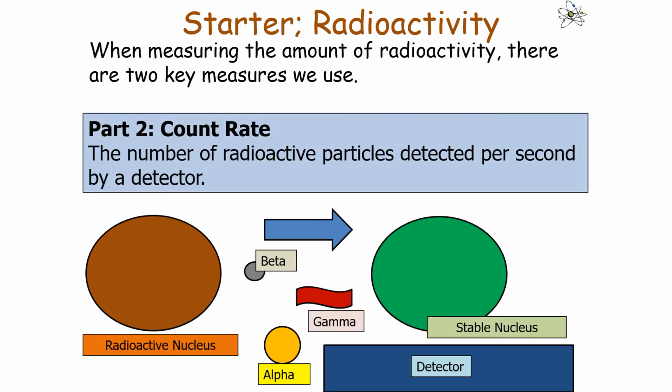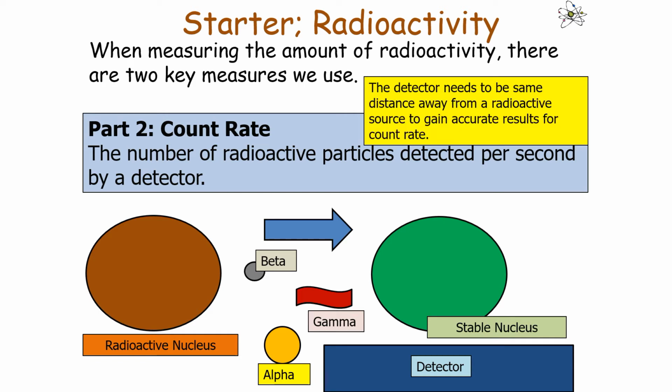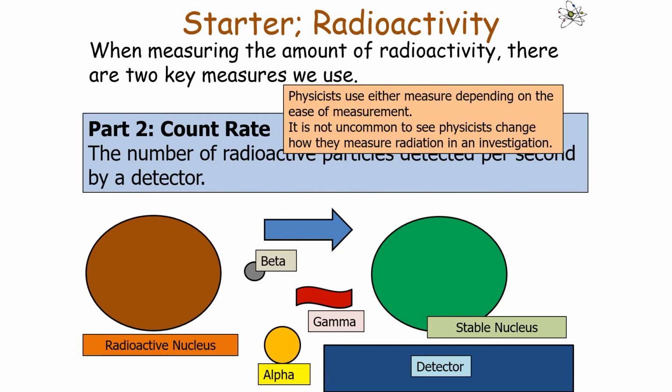Now from step 2 we can measure the count rate, which is the number of radioactive particles detected by a detector every single second. We measure count rate in per second, and to get an accurate measure of count rate we need to ensure the detector is always the same distance away from a radioactive source. Physicists use either measure depending on the ease of measurement,